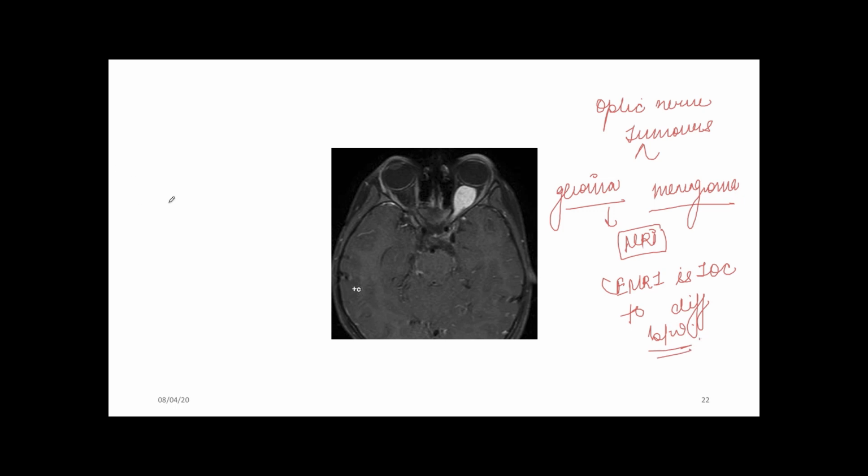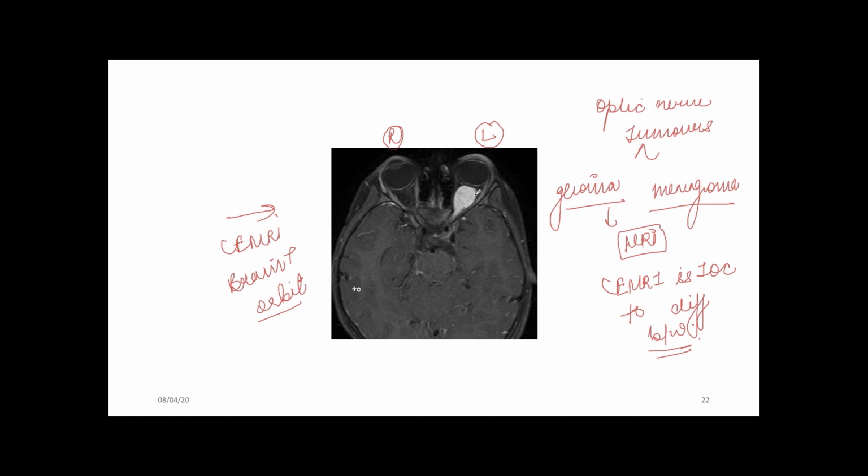So first we will have a look at this contrast enhanced MRI of the brain and orbit region. This is the right side and this is the left side. Just look at the right side of the orbit. You are seeing the globe, the lens, and this optic nerve region, which shows no abnormal enhancement. However, look on the left side, this optic nerve is showing a fusiform enlargement and is showing